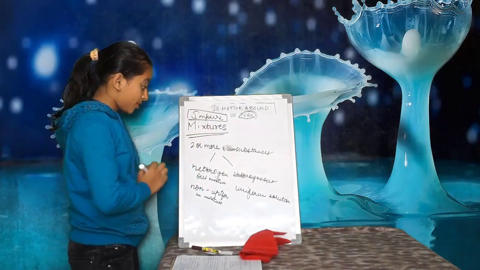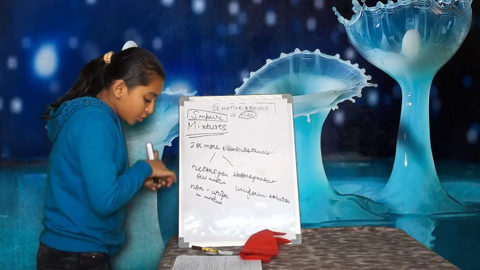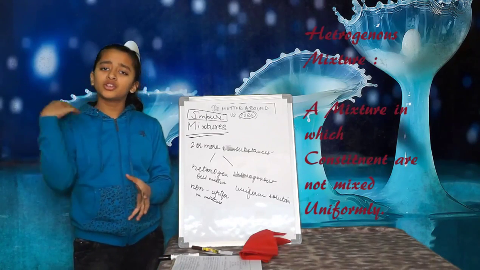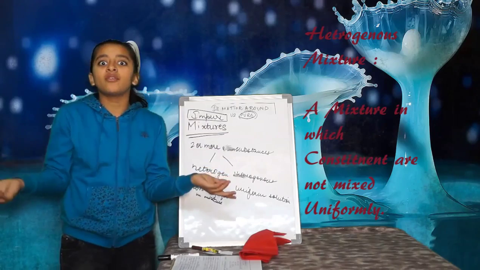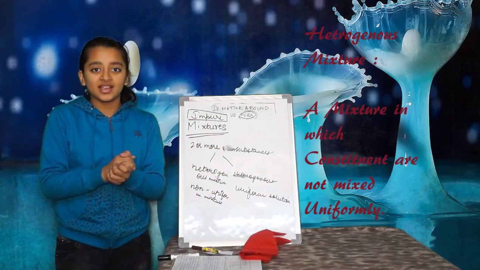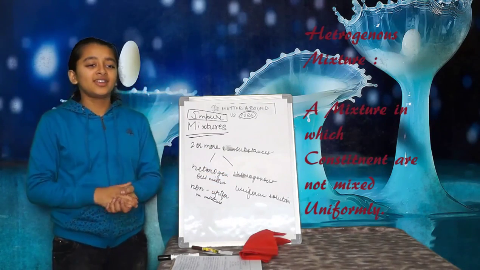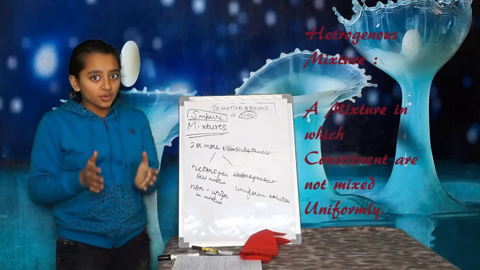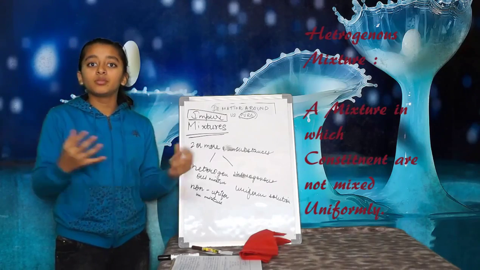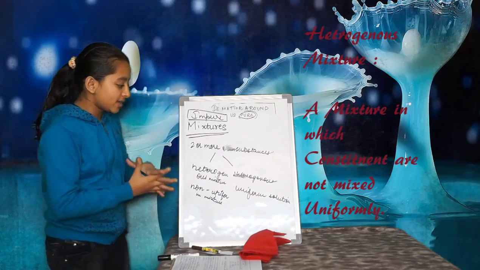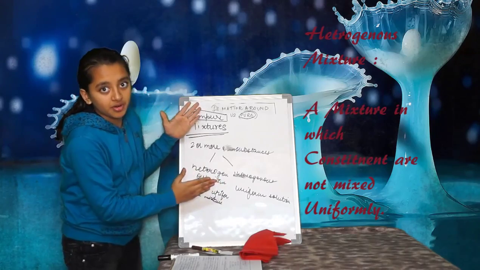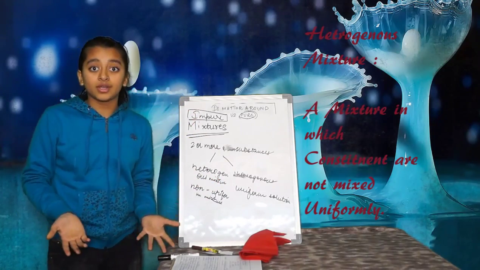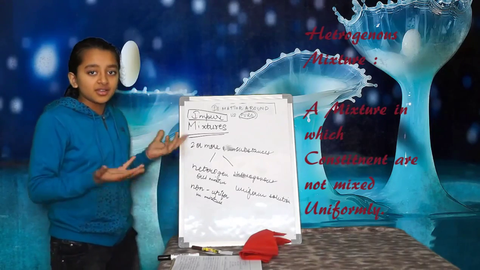Then, going on to the other properties of a mixture, no new substance is formed. That means if you mix sugar and water, would you get a new type of substance? Many of you might be thinking, yes, we can get H2O, but it's not possible because they are not chemically combined, and so it's a mixture. In a mixture, no new substance is formed, and they show the properties of their constituents, and so it's a mixture and not a compound.